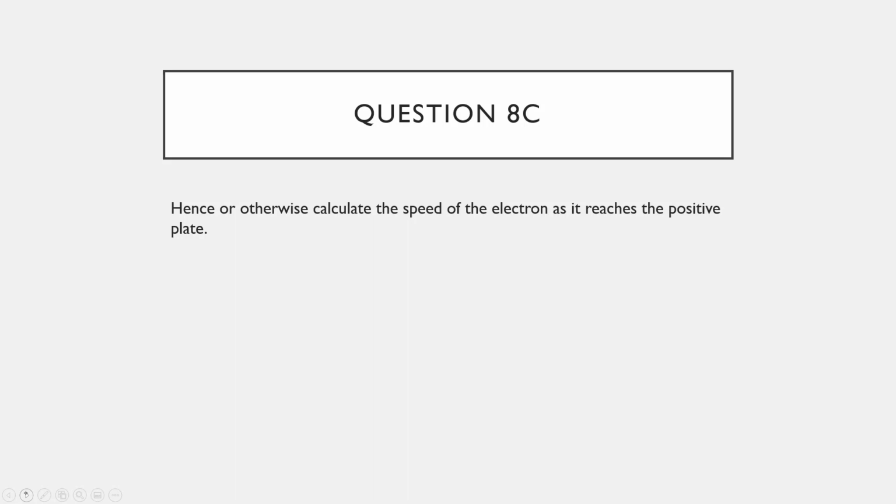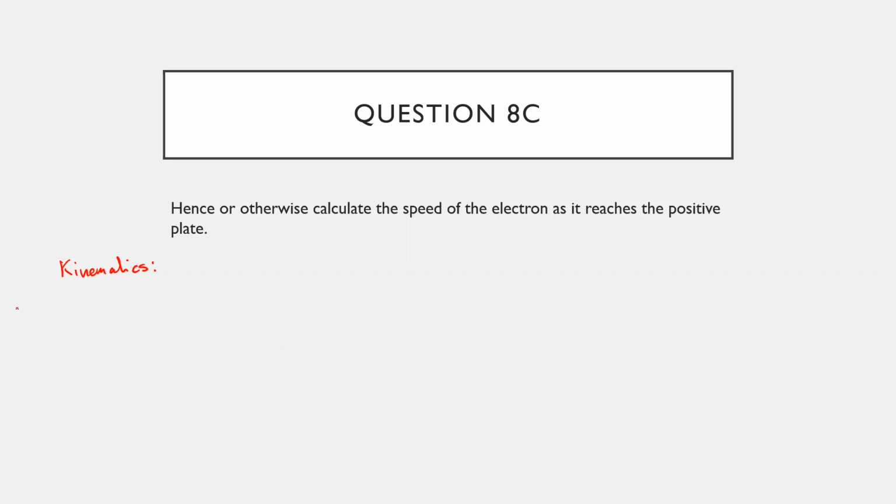All right. So think physically about what's going on. The electron is being accelerated towards the positive plate. It's speeding up. Okay. There are two approaches to this kind of question. One is to use the fact that it has constant acceleration. Okay. And things that have constant acceleration, we can use our constant acceleration formulas to work out some details about its motion. In this case, if we use a kinematics approach,